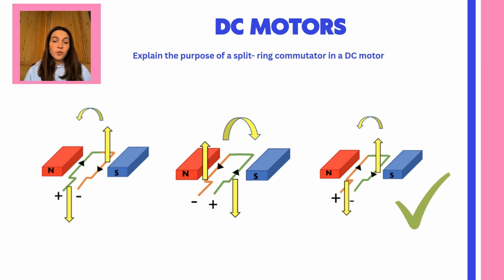That keeps my forces acting on the left down and acting on the right up. And that is what a split ring commutator does. And that's what we mean by swaps the contacts every half turn. The green, which was connected to positive, has swapped to being connected to negative after this coil has rotated 180